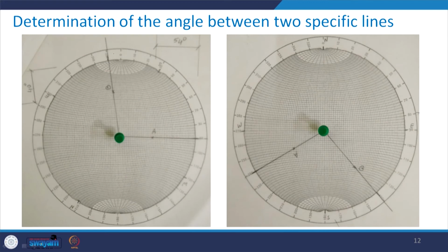So, you see that we have these 2 points, one is A, another one is B. These are representing the two lines. I rotate it back, that means coinciding north with the 0 degree, and accordingly south, east and west will be coinciding with the respective angles. This is how the plot is going to look. So, these two lines I have represented with the help of the points A and B, which were having some trend and some plunge. Now, how to determine the angle between these two lines?